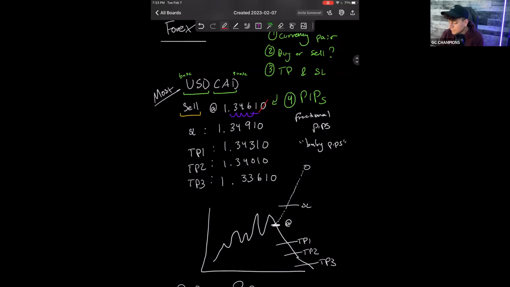Okay. So for our other situations over here, we can technically just erase the 5th decimal place. That would make it a lot easier. So I want all of you mentally to get rid of all these zeros. Or it could be a 5, or a 7, or a 9, or an 8. It could be any number. Any number after the pip is a baby pip. So the 0 is, yes, the fractional pip movement in this case. So now we're looking at 4. It's nice and easy now to read it, right? You're only looking at the pips now. So you know that the last number in this case, because we eliminated all the zeros, is just the pips. So, okay, cool. What I want to do now,